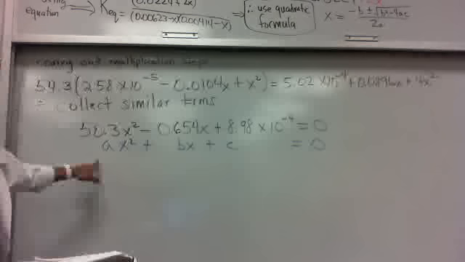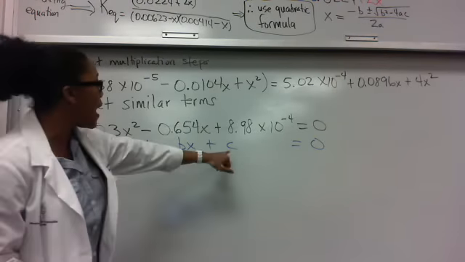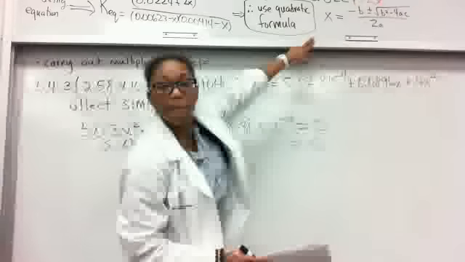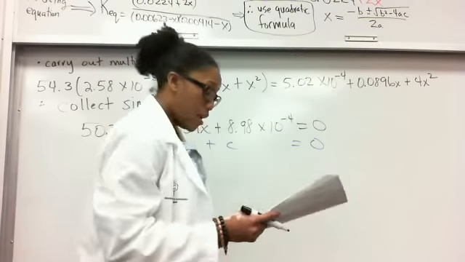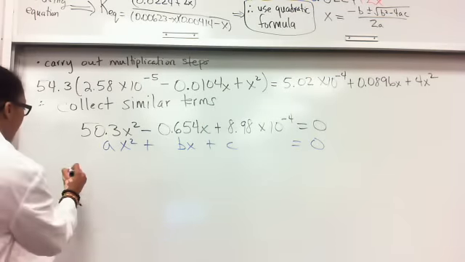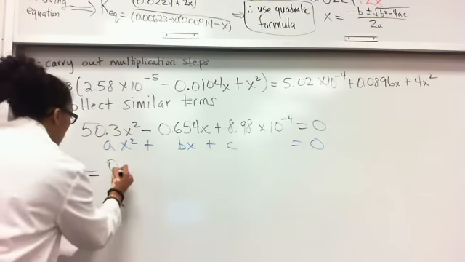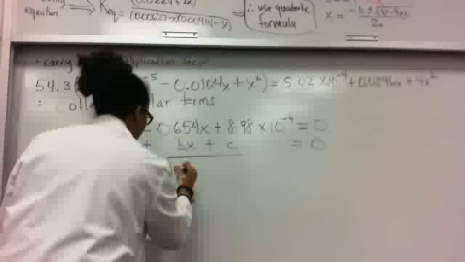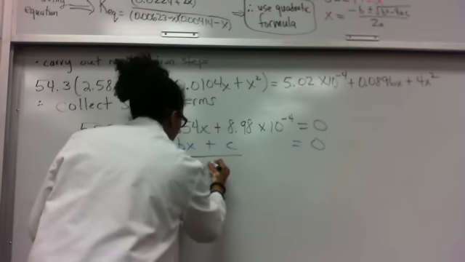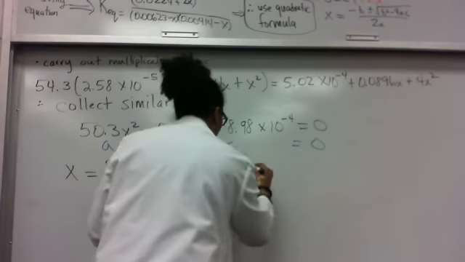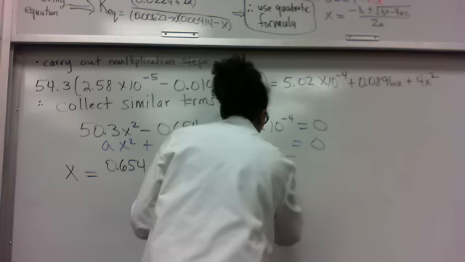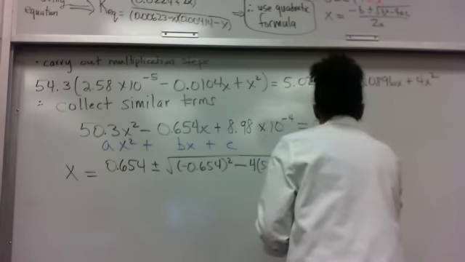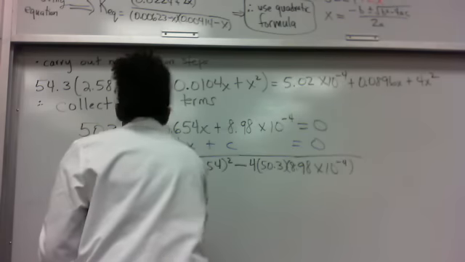Now, if A is equal to that coefficient, B is equal to the following, and C and so forth, we can now go and plug it into our quadratic formula up top. And when we do that, this is what we should get. We should come up with x is equal to negative 0.654 plus or minus, which means you're going to have to do this more than once, the square root of 0.654 squared minus 4 times 50.3 times 8.98 times 10 to the negative 4. That should be all over this part at least,